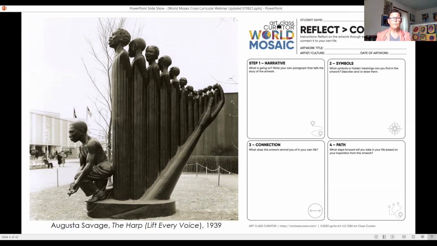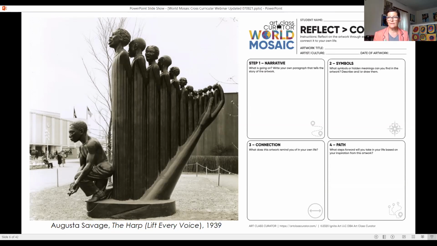But this is a cool piece from Augusta Savage, and it's called The Harp, Lift Every Voice. So you might not share the artist and the art and the name of the artwork first. You might just share the piece of artwork. And so in this particular activity, the student is going to write a narrative of what this piece is all about and maybe the story that it's telling. And they're just going to use it based off of what they see and what they know and how they interpret, which is a beautiful thing because